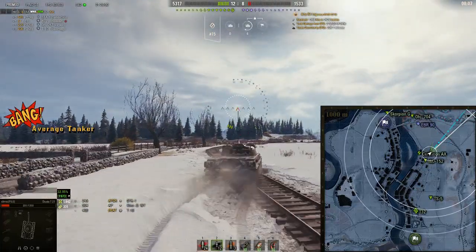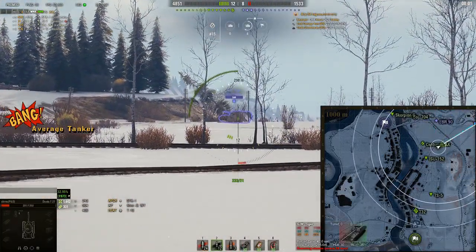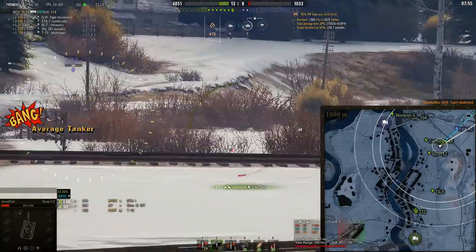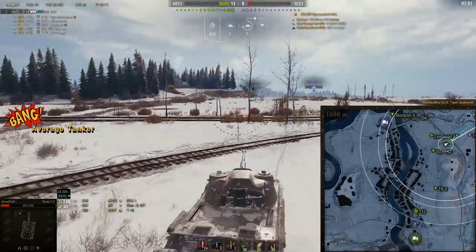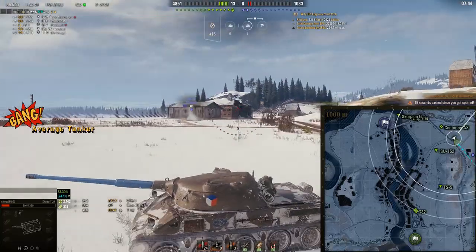Well, there comes the EBR. Oh. Well, there's a target too juicy to even stop and think not to shoot at. One shot, two shot, dead. And I've still got a round left for this EBR, look. Obviously I can't hit it, because this gun can't hit the side of a barn if you park next to it. But we've got the RT, we've got other tanks that can finish off that